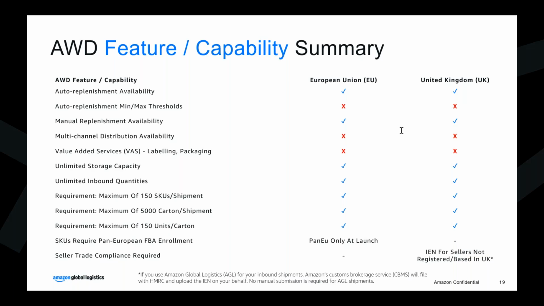Then how many days does it take to get to the UK AWD warehouse from China? Around 55 days at the moment. These are kind of our lead times because we are only offering ocean freight as of now. So if you're interested in this, it's around 55 days that you would be taking into consideration.